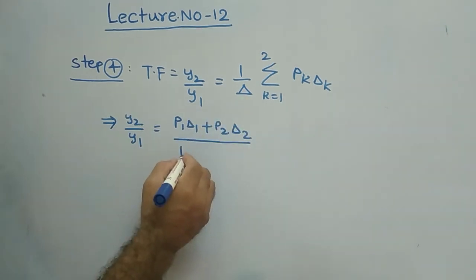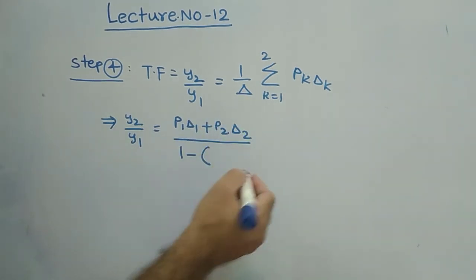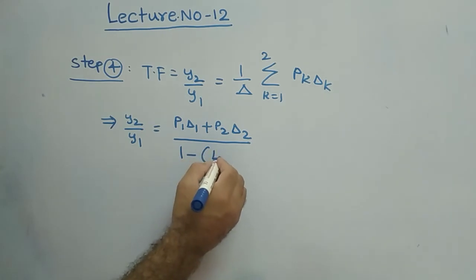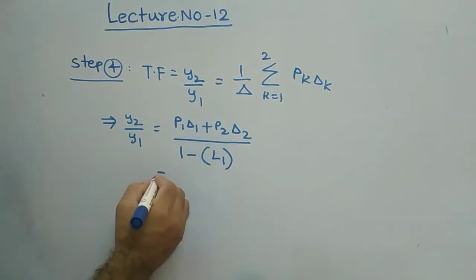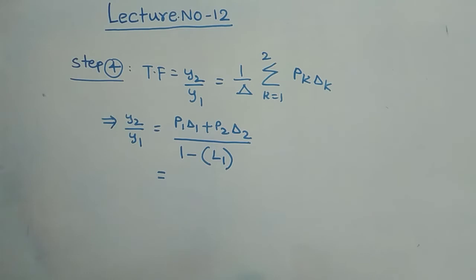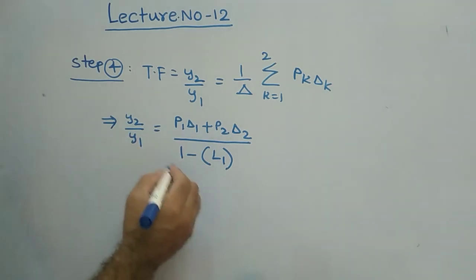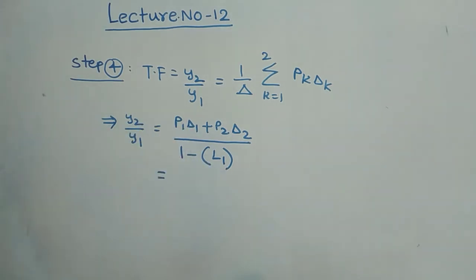Delta is nothing but 1 minus the sum of individual loops. You have only one loop, that is L1. This implies, okay, what is P1? P1 is nothing but the direct path A. And what is delta 1? Delta 1 is nothing but,